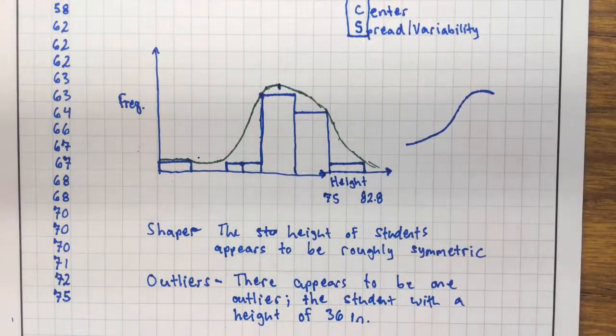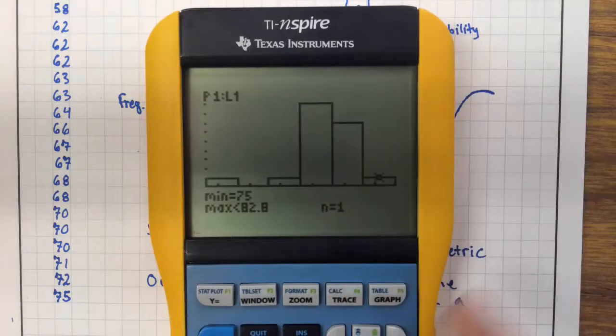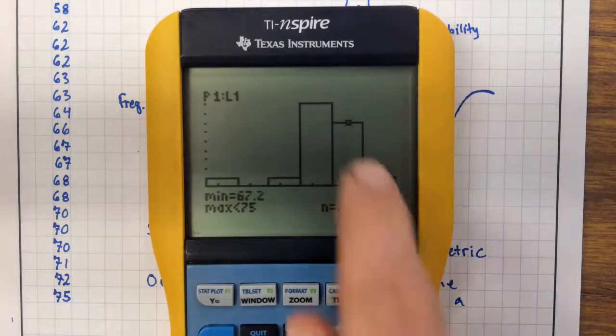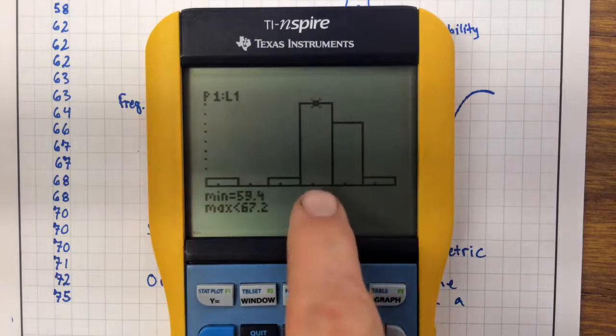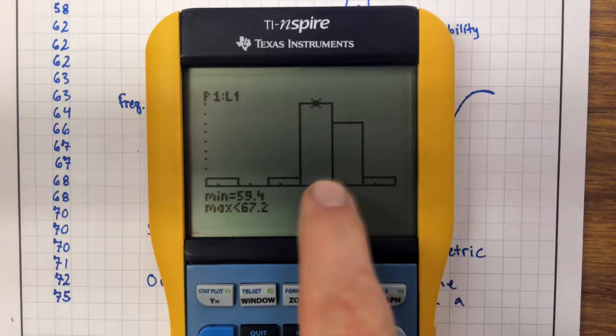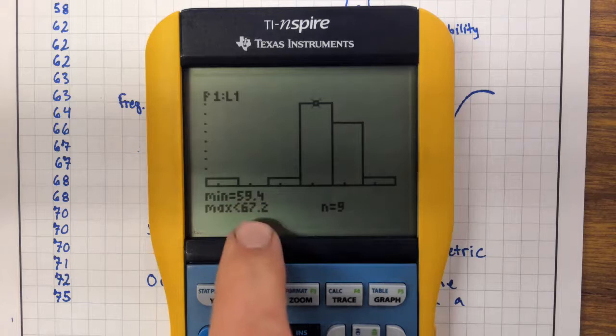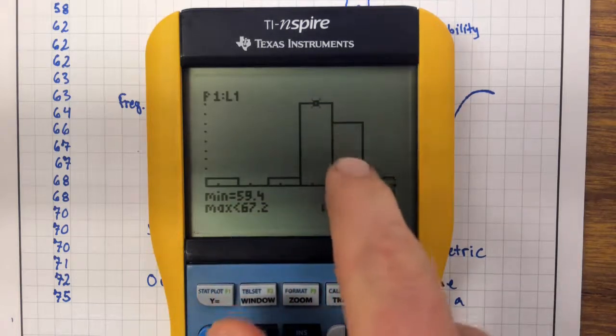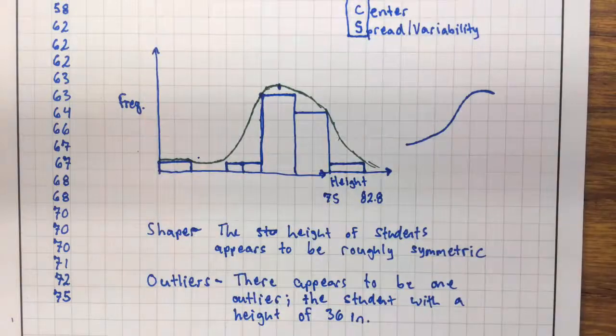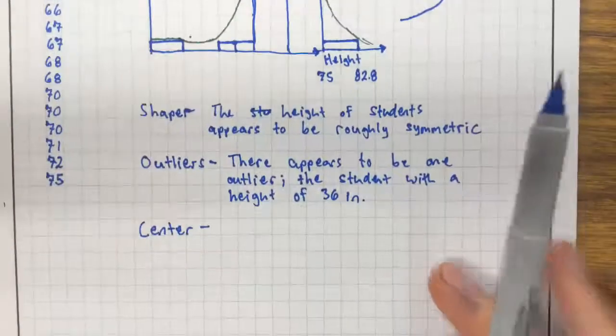So if we go back to our histogram, again, I just hit trace to bounce between these columns. I would say right around here is our peak, somewhere in between 59 and 67 inches. And then we have the next largest peak right here. So I would say the center, or the typical height